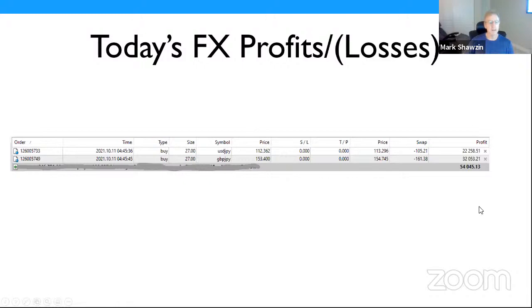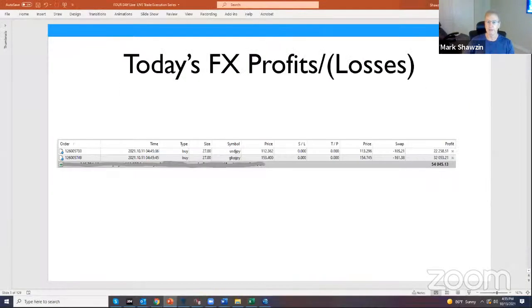FX positions, long dollar yen, long pound yen. Some of you will say, well, I don't have a stop loss. Some things I don't put a stop loss in, and that's my own way of trading. When I want to look at a big move, I want to give it room, and I just observe the levels. Eventually I'll sneak in a stop. So I'm long the dollar yen and the pound yen. We discussed briefly why yesterday, and I'll do a recap today.